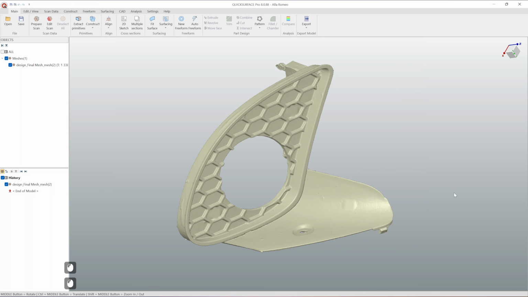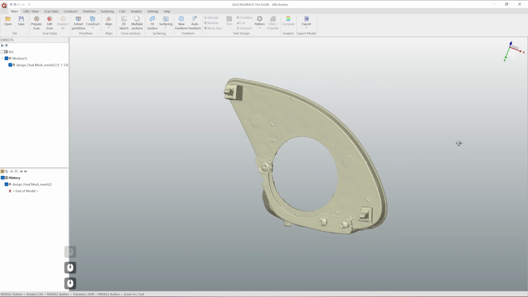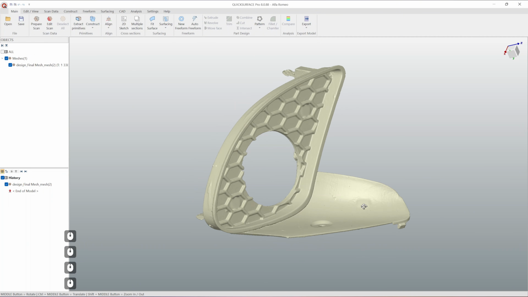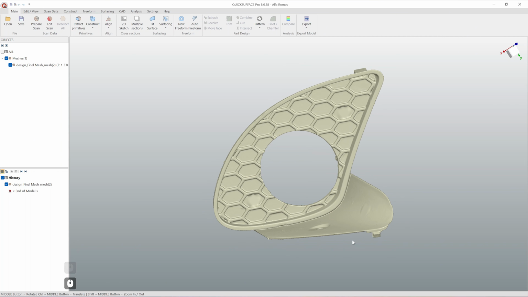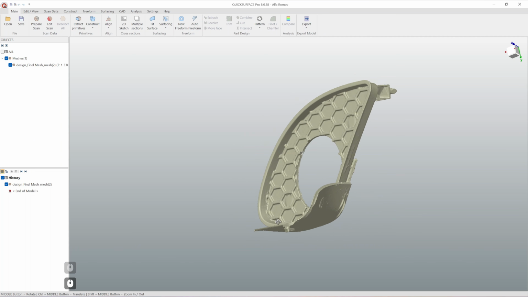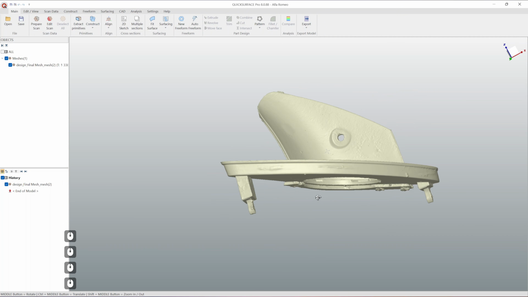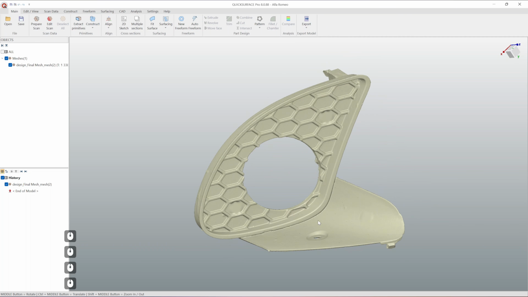Hello, and welcome to our next workflow demonstration. This time we have this front bumper insert slash fog light trim or bezel, call it whatever you want. We have received this scan data from one of our users, and he was slightly struggling to recreate all this geometry here. And that's why we're going to take another shot and create another workflow demonstration to see how you can handle